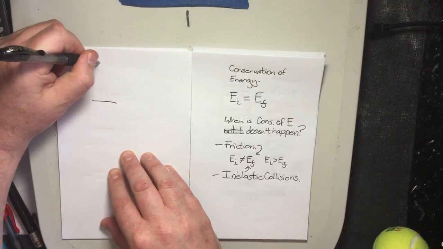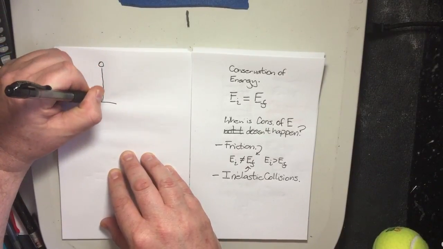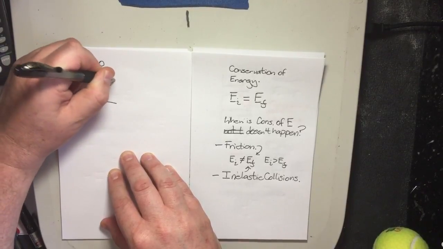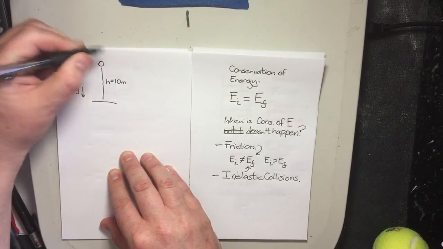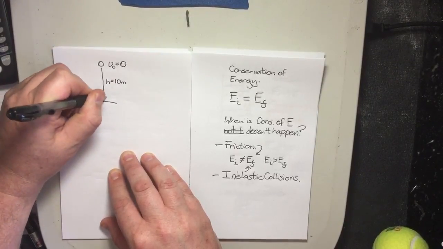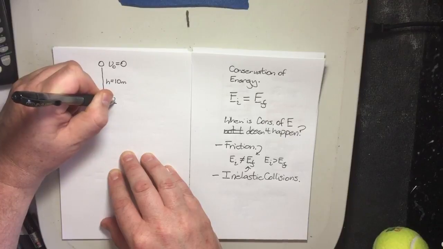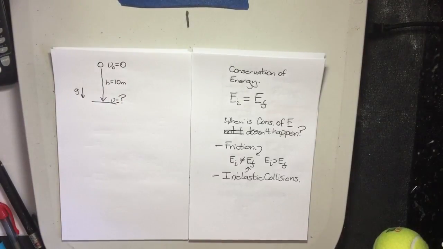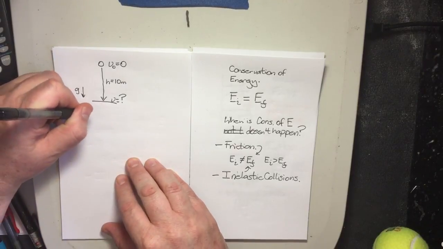problem where you have a mass with gravity. The height is 10 meters. The initial velocity is 0. I want to know the velocity the moment before impact. Simple, drop an object, have it fall. What's the velocity at the bottom? That's all I need to know. Well, if you were doing it with motion,